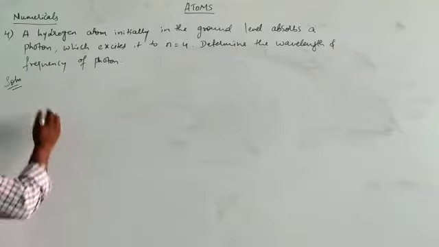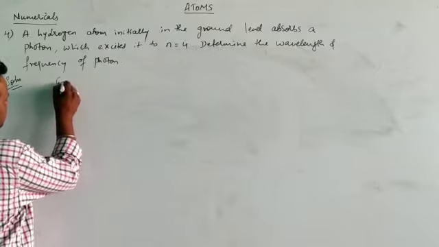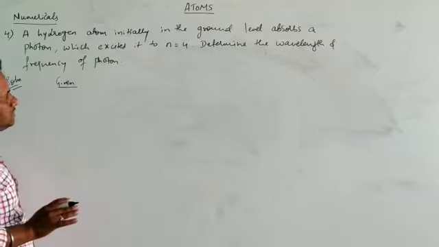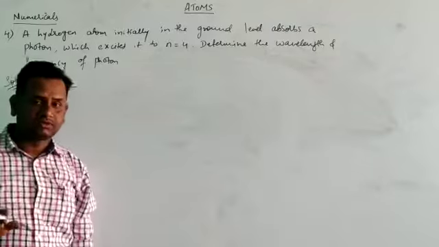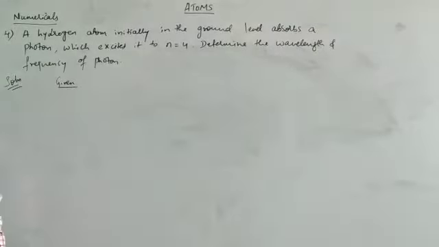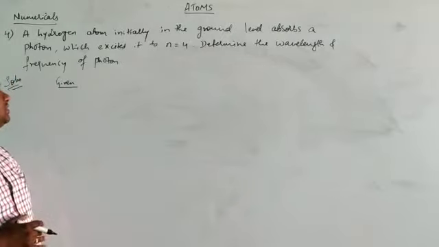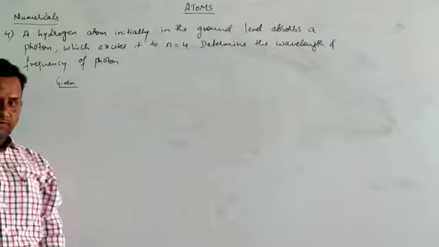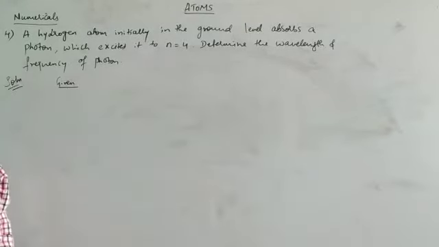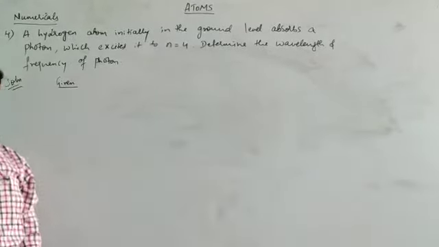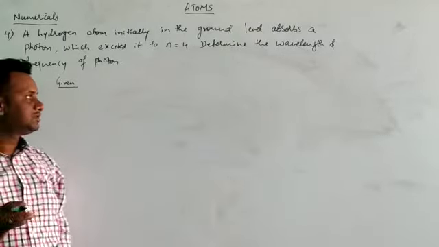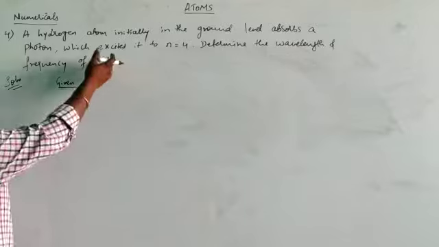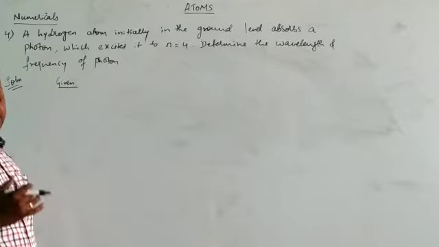So first of all, we will write the given data. It's a very simple numerical, and one thing you should remember is that the maximum number of numericals on this chapter were asked on the basis of the empirical formula only, which we have solved in yesterday's class also. And in today's class also we are solving some numericals. So sometimes they might ask you this type of questions also, in A or B type.